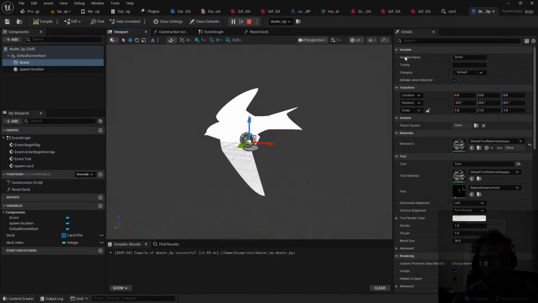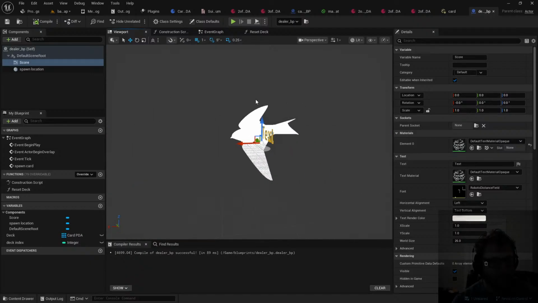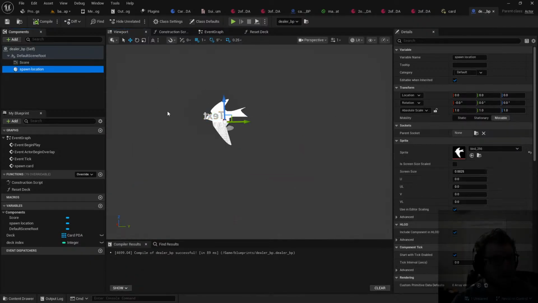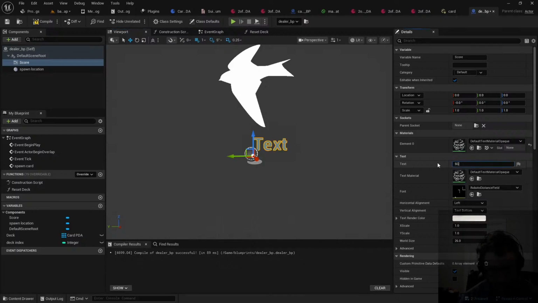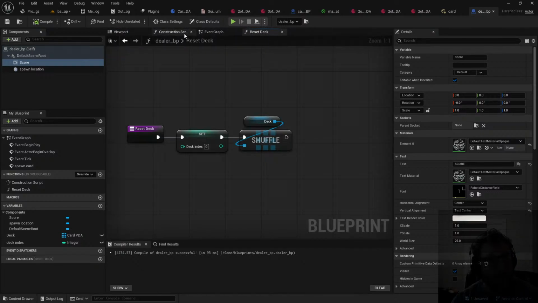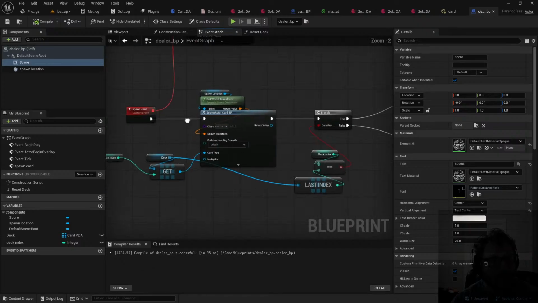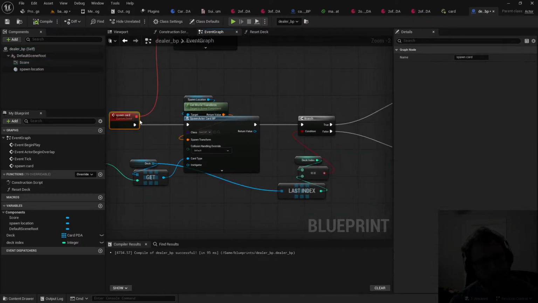All right, so this text here. I'm going to move it just a little bit so I can see what I'm doing. Okay, this is going to be called the score. And let's center it and center it. And what we want to happen is every time a new card appears, which right now is when spawn card is called,